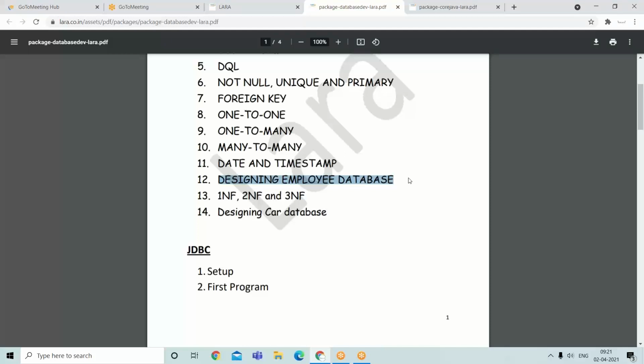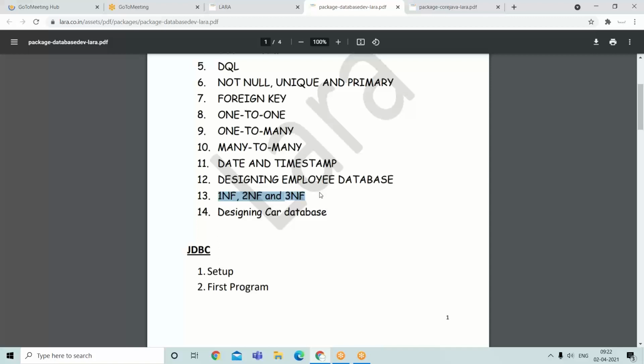For employee data, I have considered address, skills, projects, gender, all mappings you can see. One-to-one mapping, one-to-many, many-to-many, you can easily understand it. Through this, you can start designing a database for a new project as well.